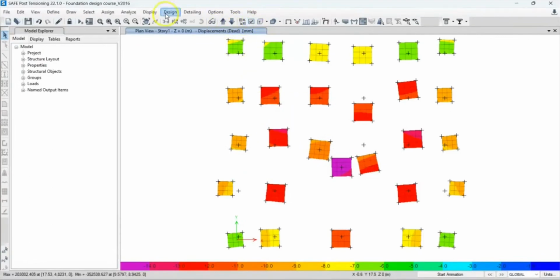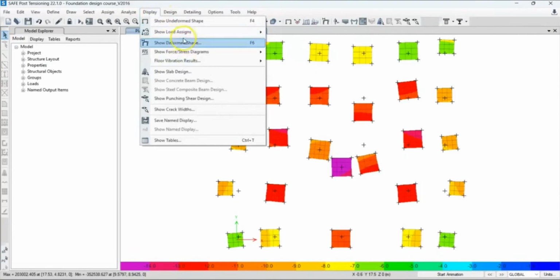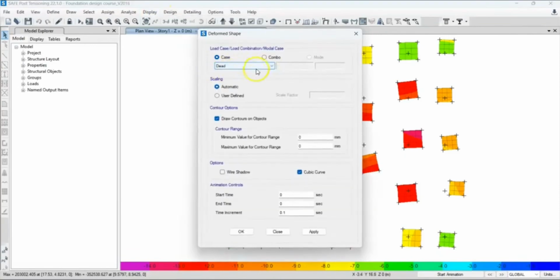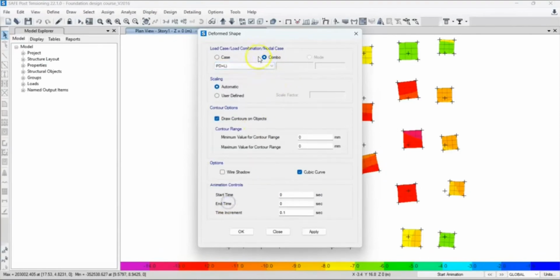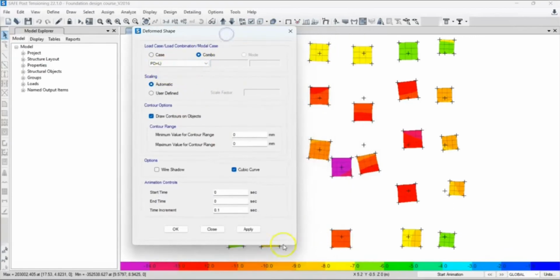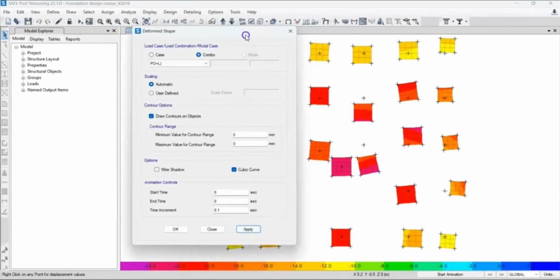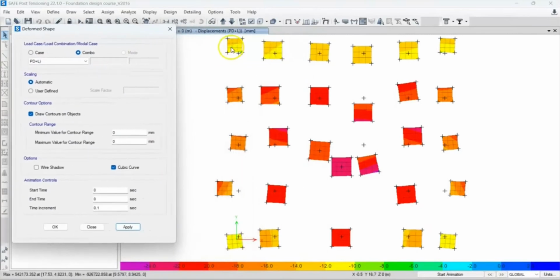Okay, so now let's go to display. Let's go to the deformed shape. So now we are going to be using the service load combo, right? I said this earlier, which is dead load and live load. So service combo, dead load plus live load. And then you click on apply. So now you want to check if any particular footing is settling below 25 or above 25 millimeter. So you can see, this is 12 millimeter, this is 13 millimeter,